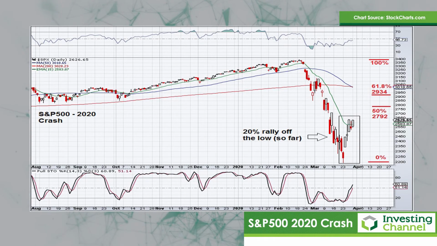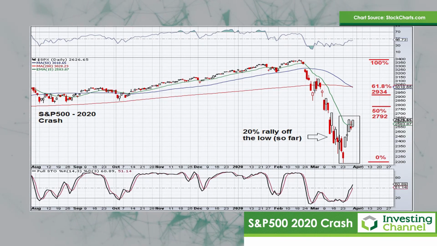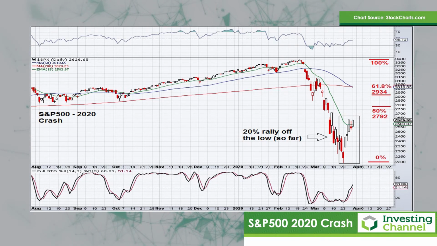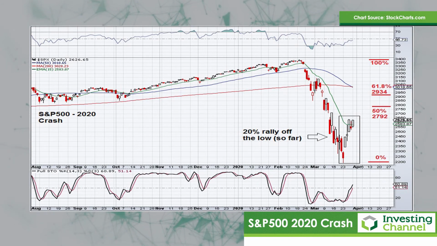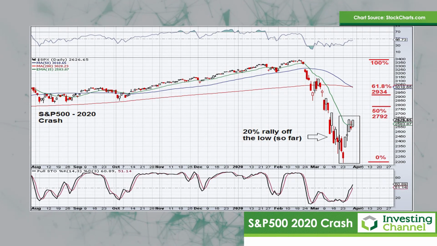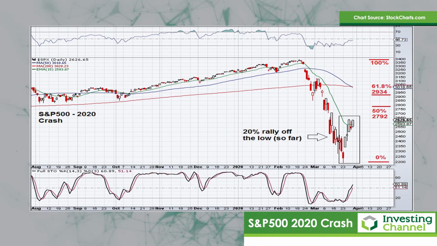You'll also notice there that yesterday, the 50-day moving average has now begun to cross down below the 200-day moving average. That gives you a death cross. And there's a lot of skepticism about that signal and whether it's reliable or not. I don't personally use it as a trade signal, but what I do use it for is a guide in terms of market direction and market momentum. And when your 50-day moving average is below the 200-day moving average, generally that is an indication of a weak market environment where the momentum is rather to the downside.